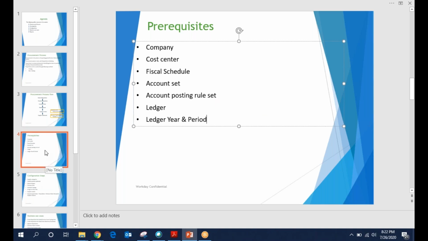Any questions? Sorry to interrupt. I have a small question. I heard from PeopleSoft or some different ERP finance systems, COA. What is COA? Chart of accounts generally. Chart of accounts is nothing but a list of ledger accounts. Here in Workday, it is also called an account set. Oh, okay, COA, chart of accounts. Yes, it is nothing but an account set within Workday. Okay. Got it. Thank you.